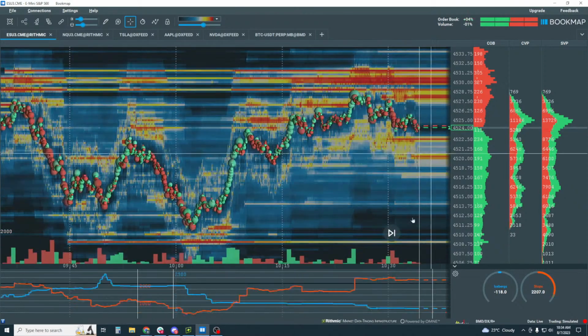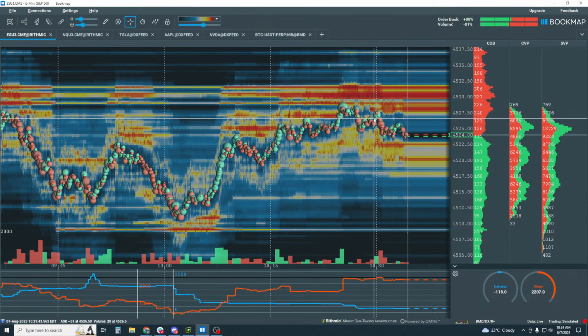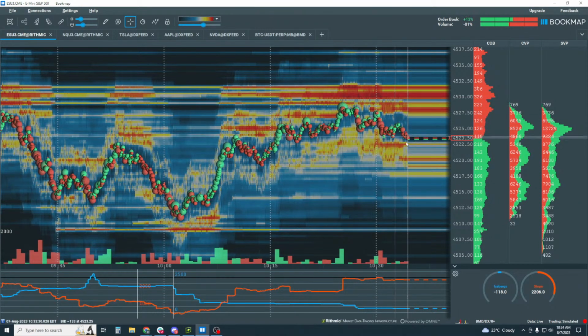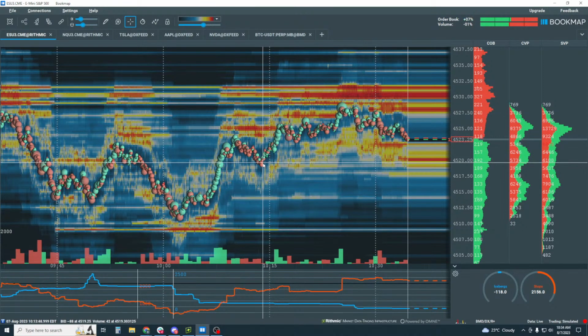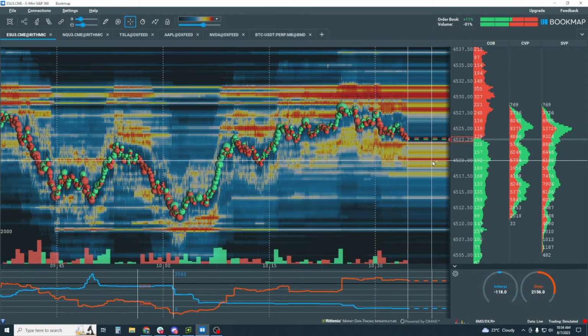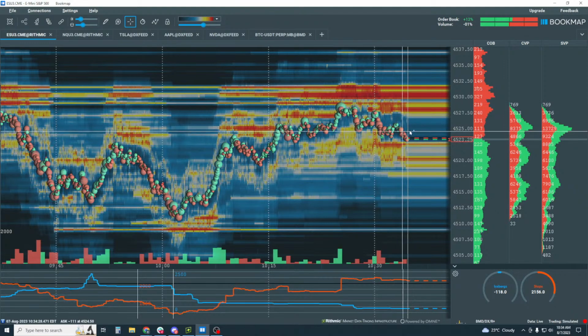All right. So let's see now. Starting to find a little bit of selling coming in, and let's see if they try to take control and try to go down to the bottom of the swing here around this liquidity here at 45.20. Right, so that's one scenario to take a look at here.